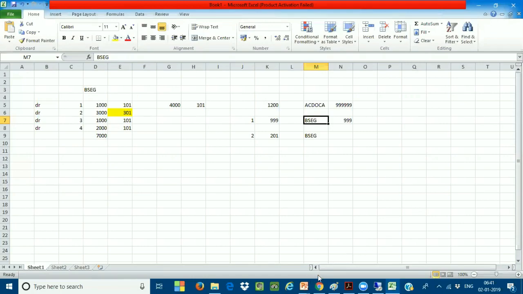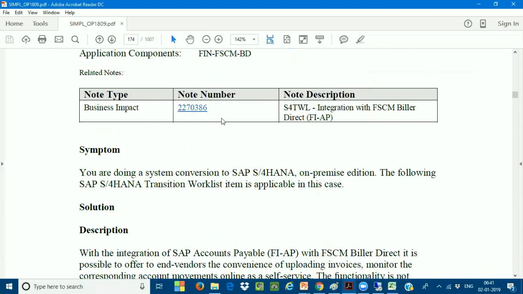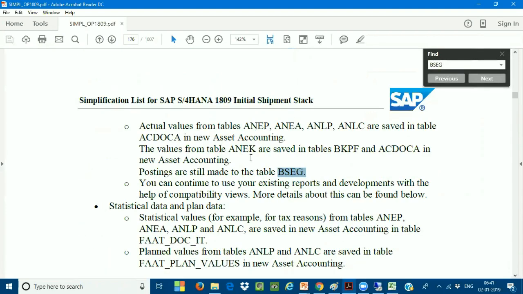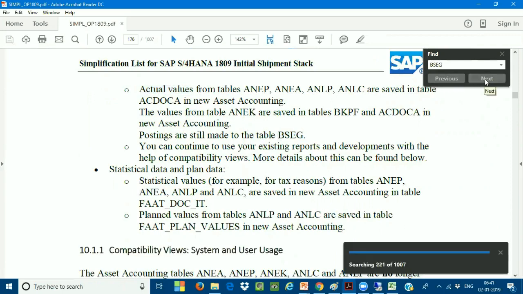And one more thing, this is the simplification list. If I go into the simplification list, if I go into the BSEC, see here, the actual values.